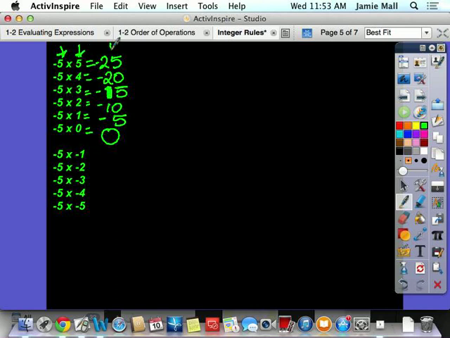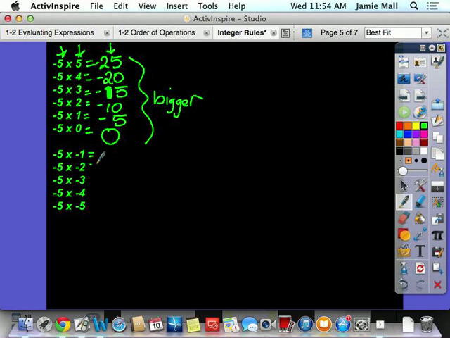And in the third column, this is where it gets interesting. These numbers, negative 25, negative 20, negative 15, negative 10, negative 5, and 0, are all getting closer to 0, which means that these numbers are not getting smaller. They're actually getting bigger, because as we go from negative towards 0, the value is actually getting larger, which means